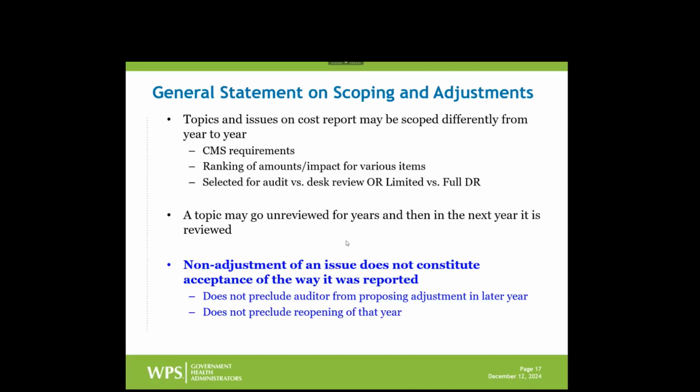So in some cases, if we find something when we're scoping it in the current year that's maybe a really egregious mistake or a very material mistake, there's the possibility that might lead to even 3 years of reopenings for that issue. We don't do it every single time we find some little thing. We don't try to look back every time, and that's obviously a heck of a lot of workload. So nobody's saying that happens. But if it's material, if it's egregious, that very well could happen. So there's the possibility. I guess I'll just leave it at that.